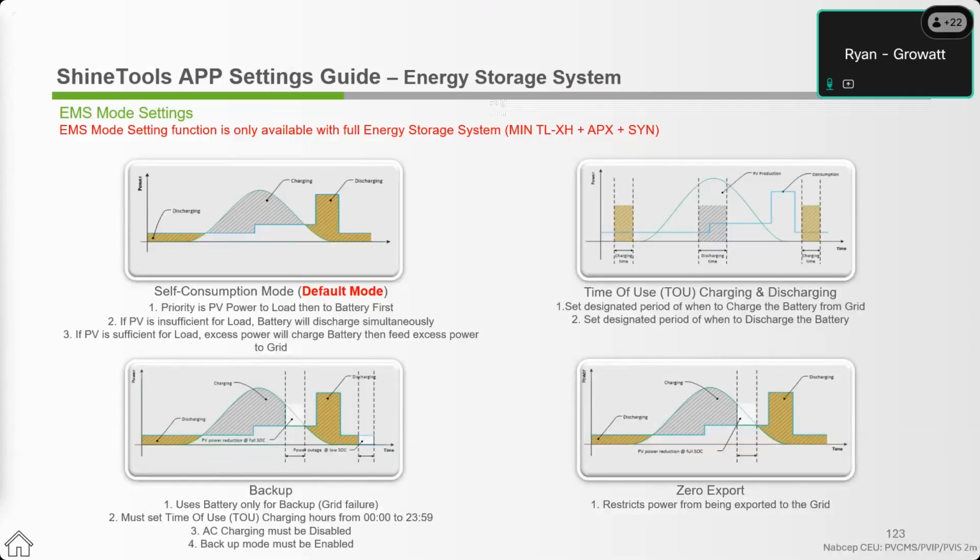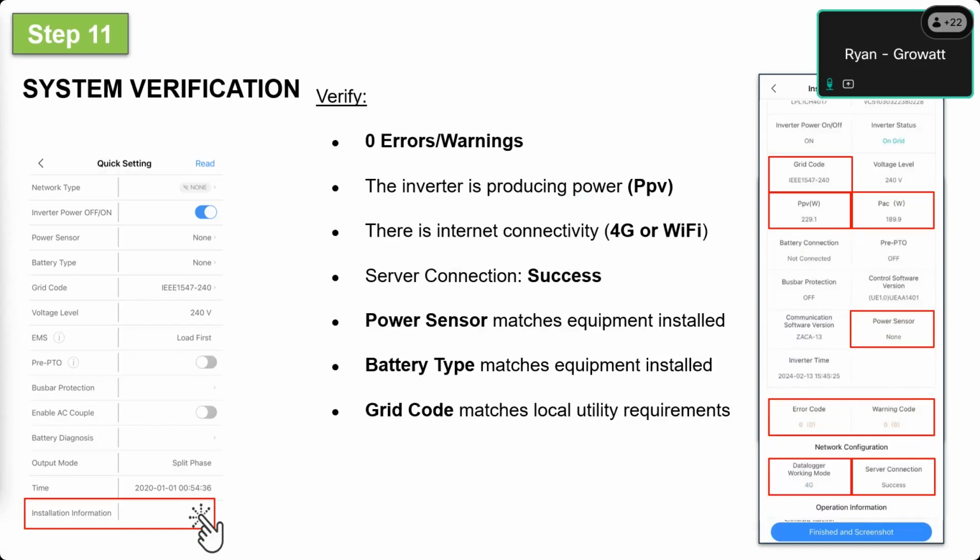That said, here are a couple of visualizations of what some of those modes look like. And we do have a zero export setting as well. It's not so much an EMS mode as much as a setting. And this would just limit backfeeding power to the grid if your grid does not allow it. Once you get through all those settings, there's a couple of things like AC couple or the voltage level. Those are going to be pretty much defaulted. You can certainly tweak those, but if you get through all those settings and you're ready to move forward, we have that installation information tab,